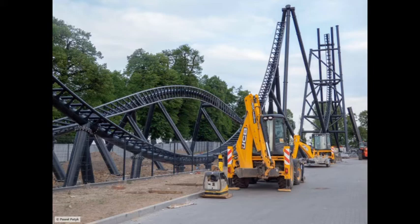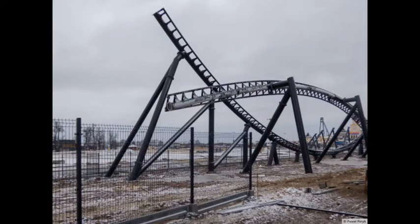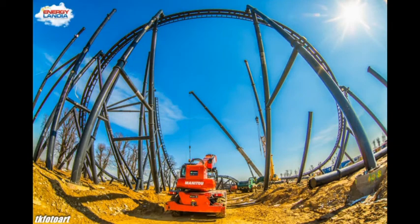Pretty speedy, and it also gives a moment to catch your breath after what just happened. And then you go into an S-bend, which, yet again, is smooth, pretty fast, and kind of throws you around, which is quite nice, quite whippy, I guess. And then you go into an airtime hill, which looks good, a pretty decent ejector, and then another airtime hill right up into the brakes. Now, this layout is lasting around a minute if it runs as fast as it does